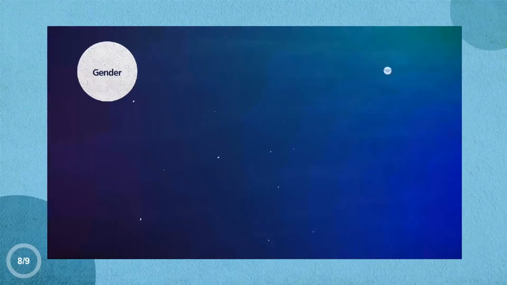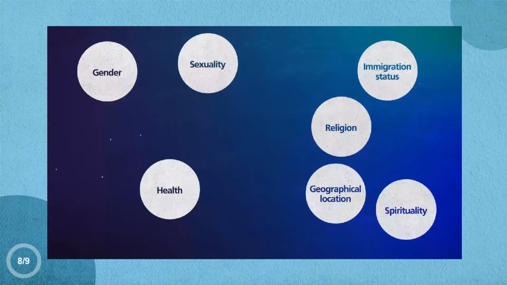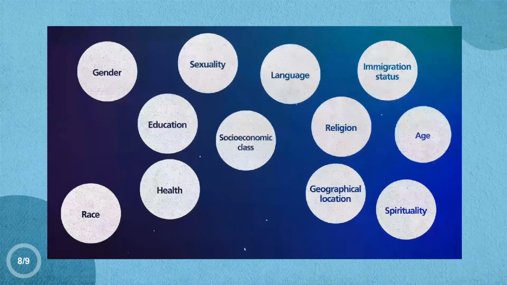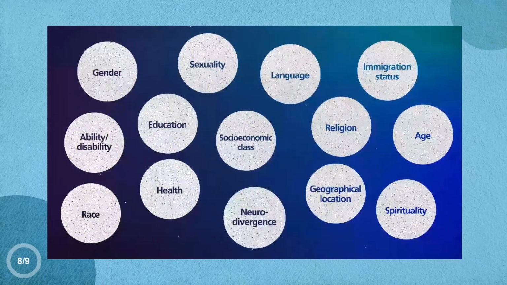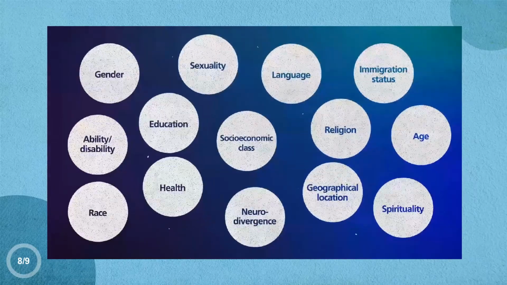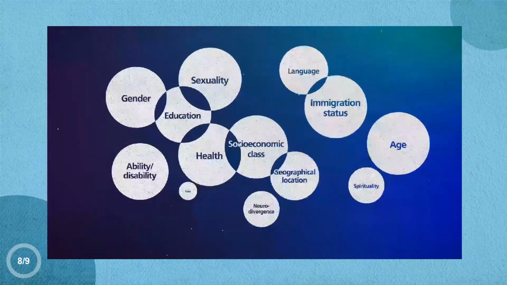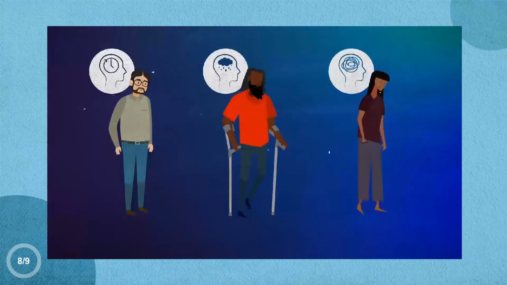A trauma-informed approach will appreciate social, cultural and historical factors such as sexism, racism, poverty, homophobia, and many others. It will also consider the individual needs of the service user, such as their physical ability or their neurodivergence. We also need to consider intersectionality, or the way these factors overlap and influence one another. We can't assume that everyone will understand and react to trauma in the same way.